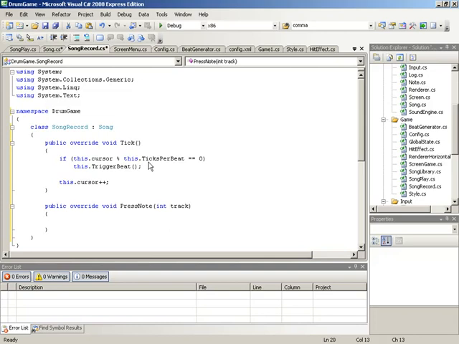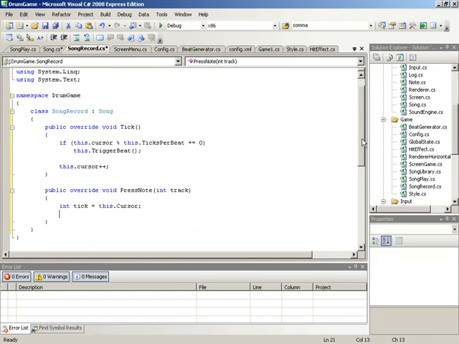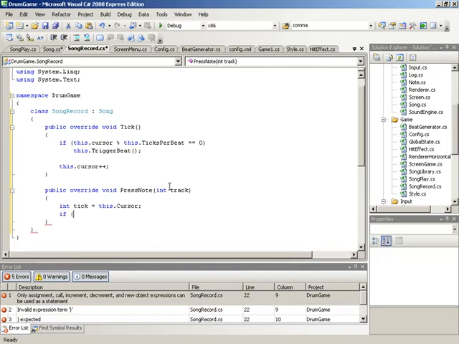So we're going to do a few things. We'll begin with a simple local variable. We'll make an int called tick and simply copy the value in this.cursor. Again, this is a rather simple assignment. It's just to make one of the lines later make a little bit more sense as we're composing a note. So now that we know, if everything succeeds, what tick the note will exist at, let's put together